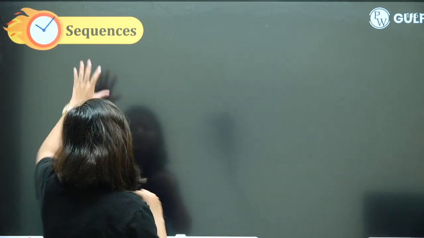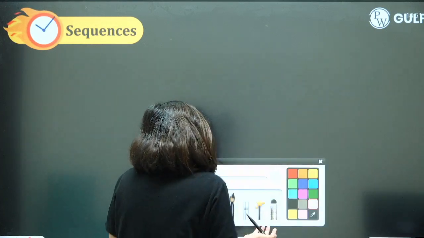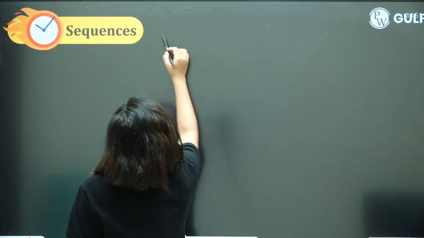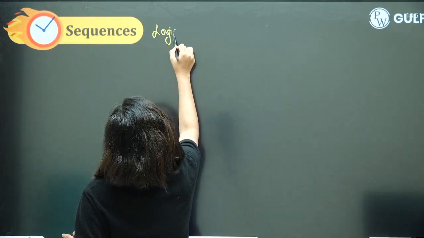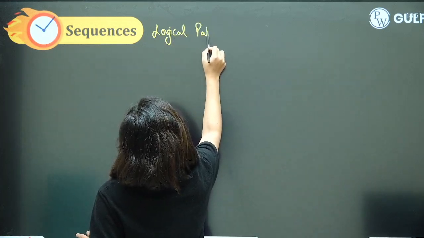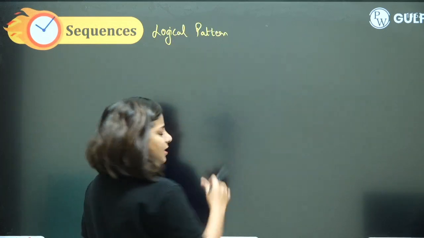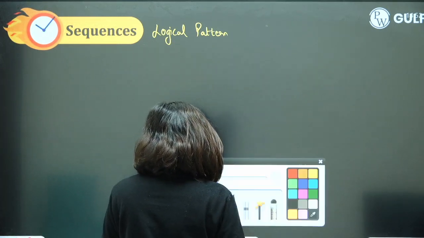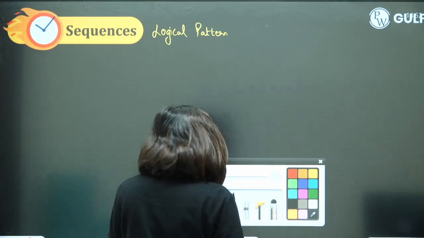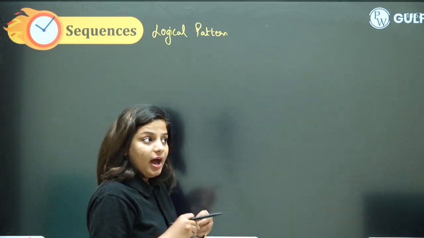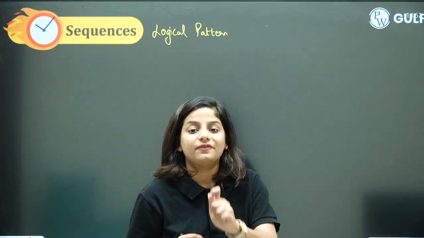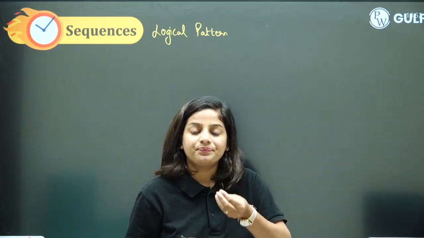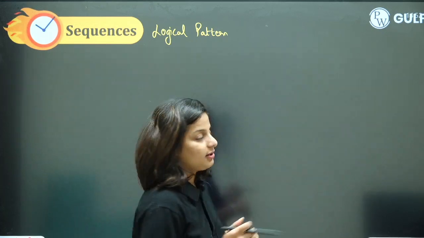The very first thing is sequences. Now, what do you mean by sequence? Sequence is whenever you have a logical pattern. Whenever you see a logical pattern in a set of numbers or anything, yes, it's a sequence. Now, when the sequence is defined, that means you can give a formula for the nth term. It is called a